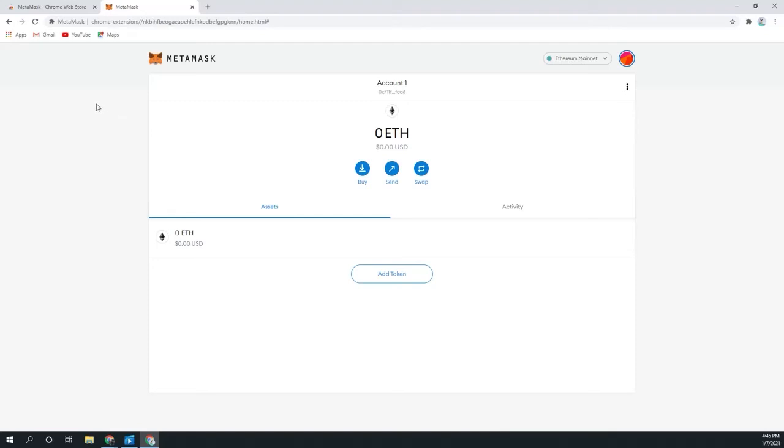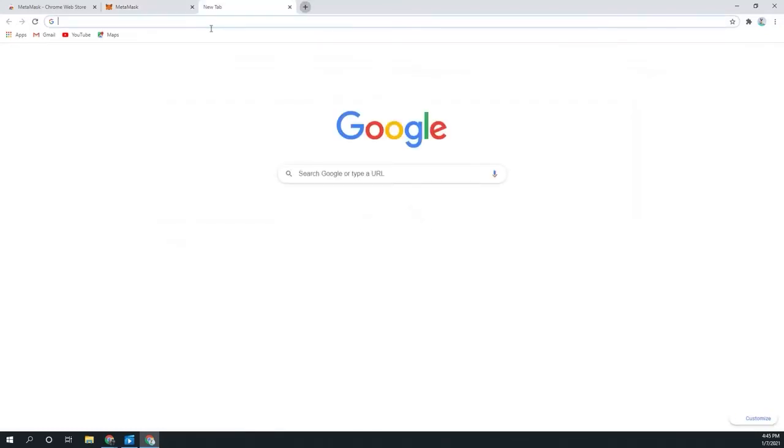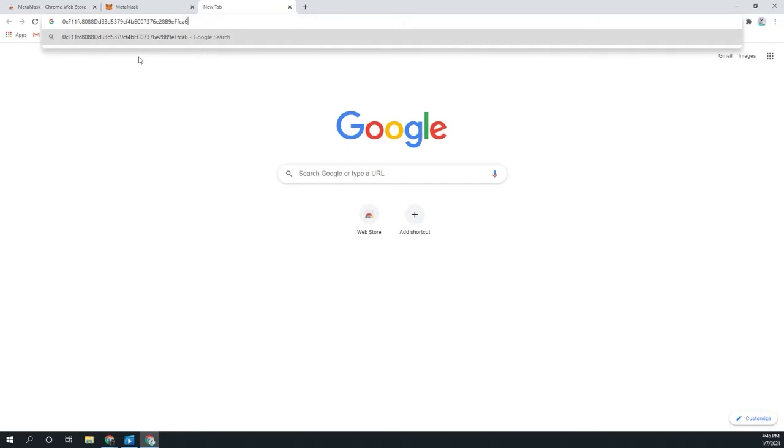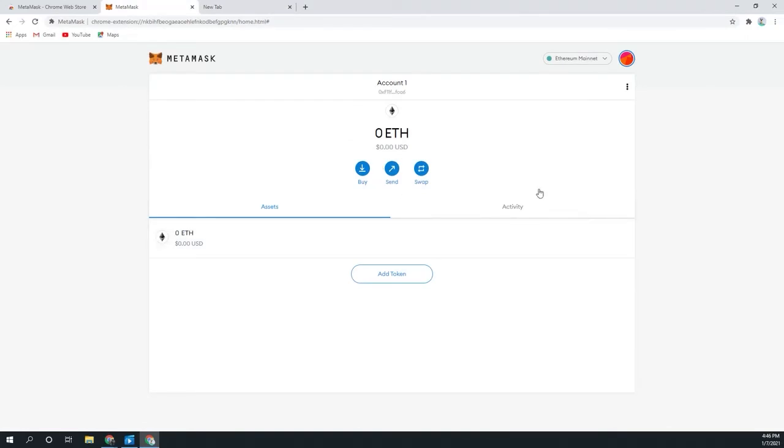Now once we have it, we are going to have this little screen. We are not going to use this main screen to send and receive transactions. Now we have an externally owned account, and once we click this, it's going to copy the address of your account. This is going to be the address of your account, and you can think of it as your email address, where if you want to send an Ether to your account, you have to use this address. We can buy, send, and we can swap